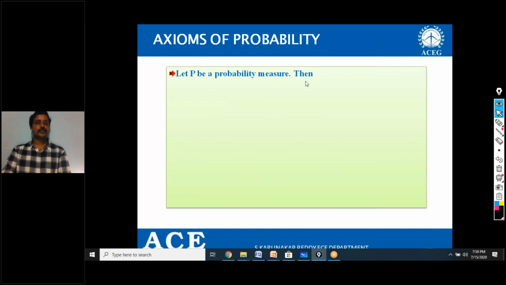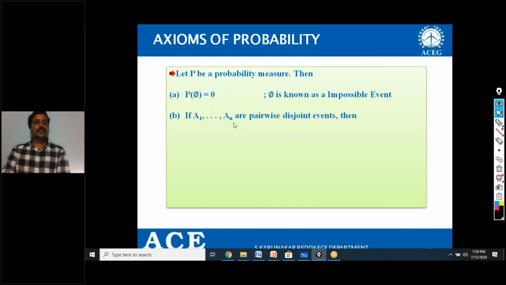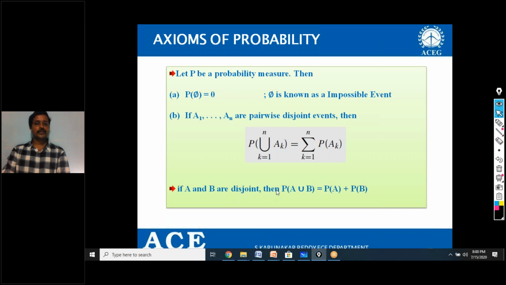Let P be a probability measure, then P of phi is 0. Phi is an impossible event. For an impossible event, the probability of a null set is 0. You don't have any probability for a null set. If A1, A2 are pairwise disjoint events, then the same statement holds. If A and B are disjoint, then P of A union B equals P of A plus P of B. Generally speaking, here P of